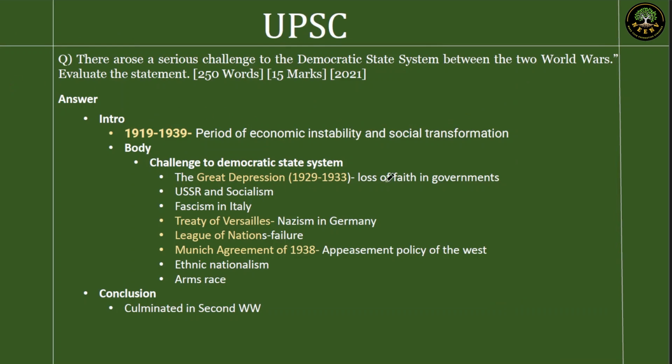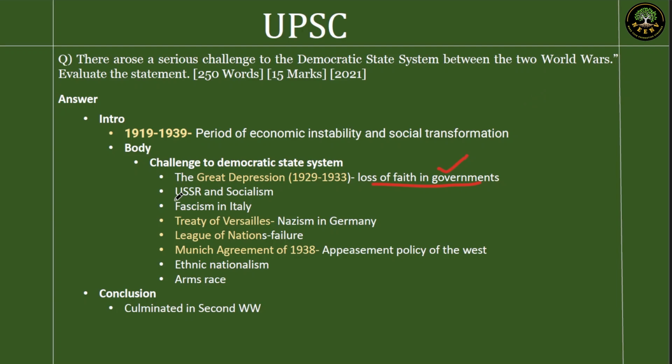So what happened with Great Depression? There was a loss of faith in governments. Because with a lot of money in hand, people are not able to meet their daily needs. They are not able to buy bread. The value of money is getting lost. And money is a legal tender offered by the government. So its value is getting lost, and loss of faith in government also occurs.